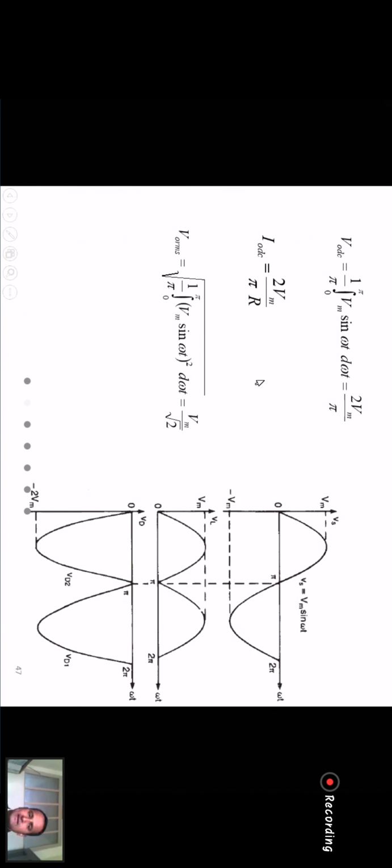I hope that you are doing much more advanced problems than this in mathematics, so this will be quite easy because you have already done this type of problem. So to find the VRMS, you will find Vm by root 2. We can also find the RMS current, Vm by root 2 R. The peak inverse voltage, in this case of the full wave center tap transformer type, is 2 times the maximum voltage, 2Vm.